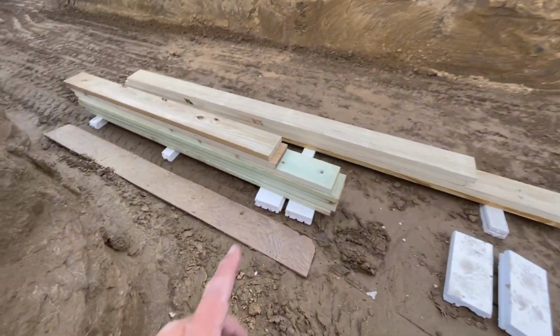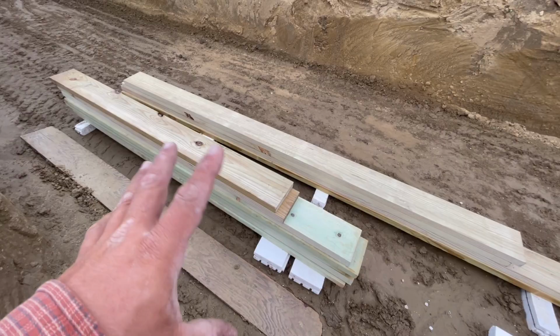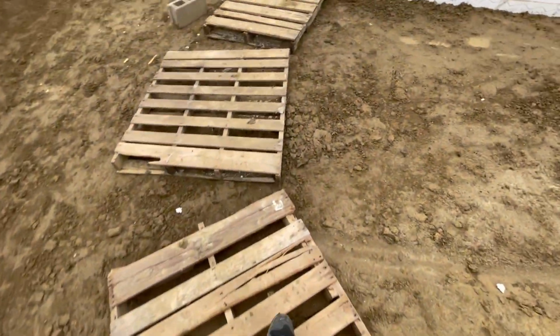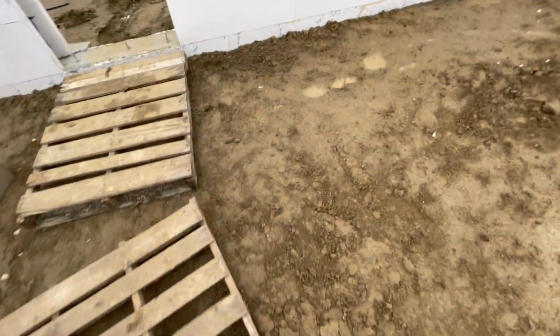The buckwood is ready. We ripped that today. It's all ripped to width. Got a little walk. I'm tempted to see how bad it is. Yeah, it's pretty spongy still. I bet this is super spongy right here. Yeah, that's just